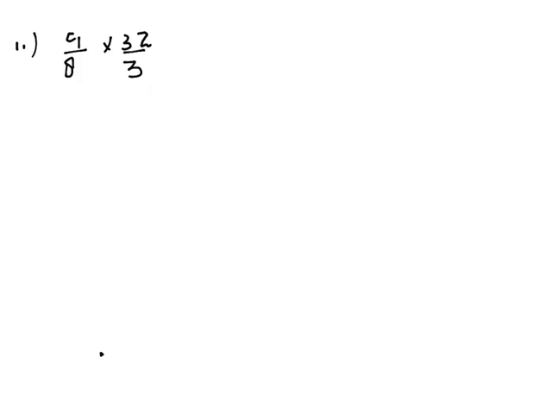Next example, we are multiplying 9 by 8 with 32 by 3. If we have such a question, first of all we can see whether we can simplify it or not. Like in this we can divide 9 by 3, so we will get 3 in the numerator over here. Similarly, we can divide 32 by 8. We will get 4 over here. Or we are simplifying 9 and 3 in the simplest form, 32 and 8 in the simplest form. So over here we will get 1 and 1.